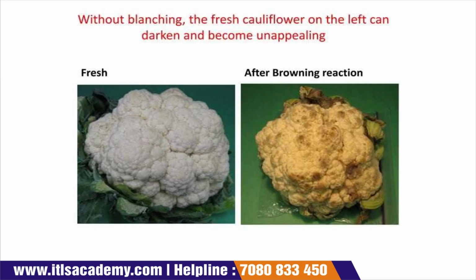See, here the two diagrams of the cauliflower represent the case without blanching. The first diagram is a fresh cauliflower which is not blanched, and when we leave it for some period of time without blanching, a browning reaction occurs, due to which you can see dark color on the cauliflower. You can see dark colors at the skin of that cauliflower. It occurs due to that browning reaction, and this reaction occurs due to the enzyme present in it.